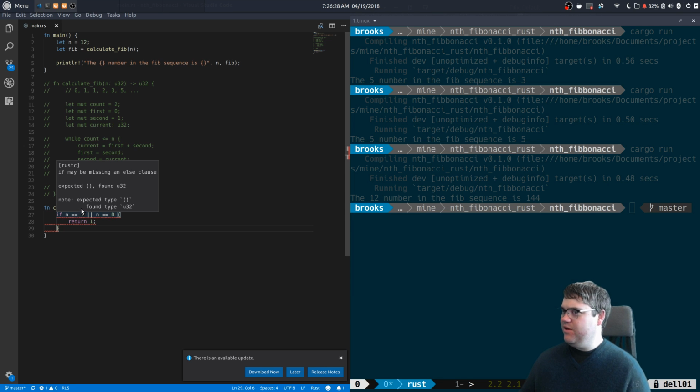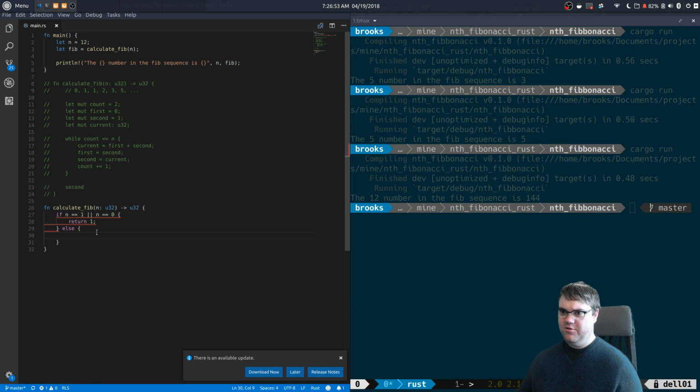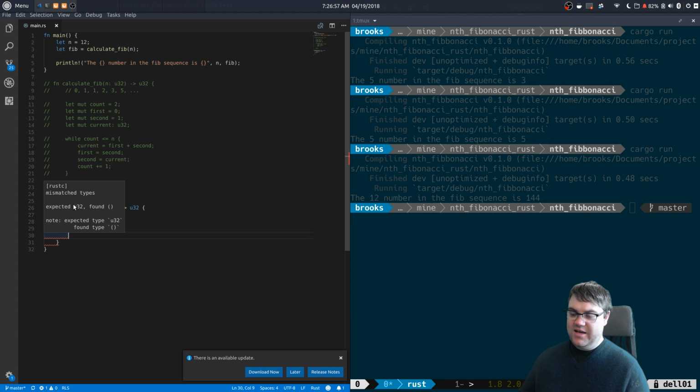So maybe it's missing an else clause, which I don't think it is. Also, I told you, calculate fib, you're returning a U32. Why are you telling? Okay, I don't know. Return 1. That's fine. There, I'll make you happy with an else clause. Now it's going to say, expected U32 found,